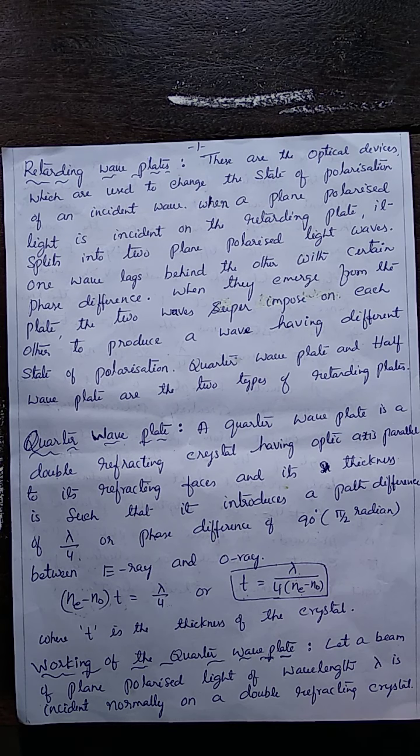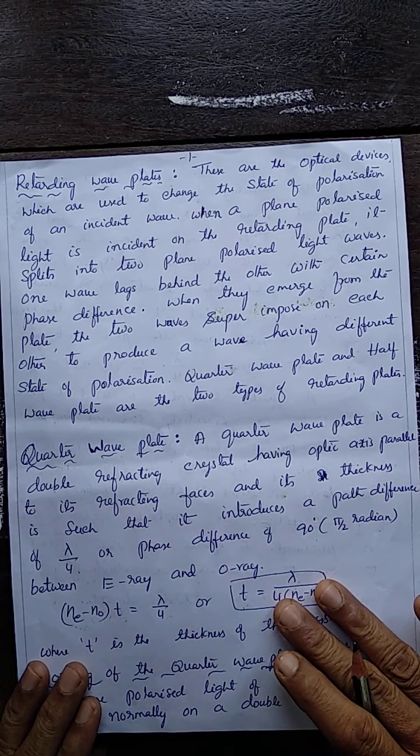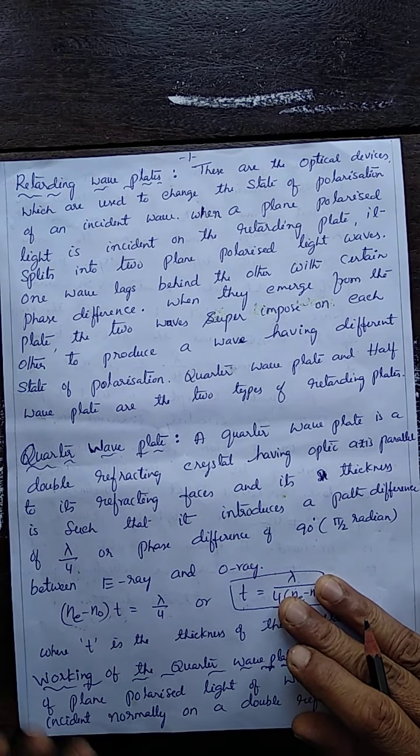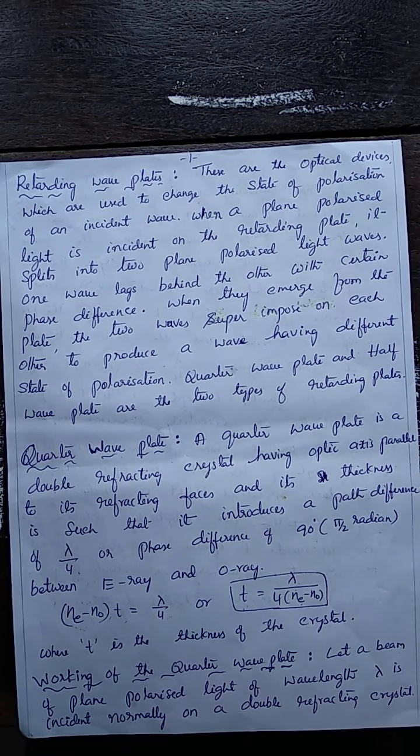Dear students, today let me discuss two topics, retarding wave plates and optical activity. Retarding wave plates are optical devices which are prepared from double refracting crystals. A double refracting crystal having its optic axis parallel to its refracting faces introduces a definite path difference between E